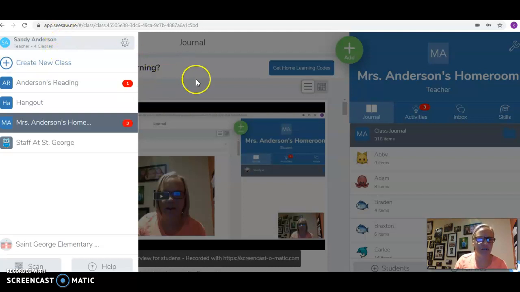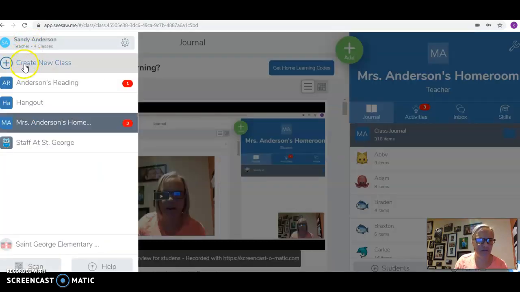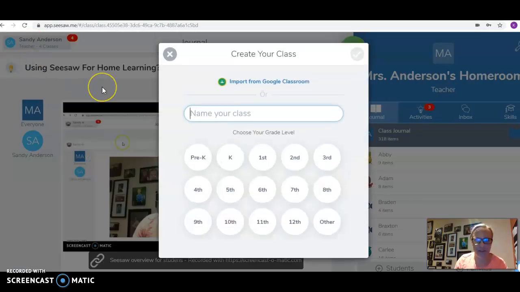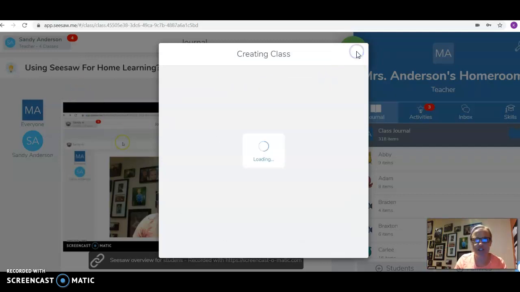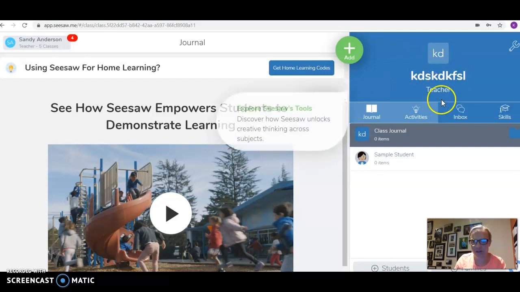All you do is you come over here to the left side of the screen, you click on your name, come down here where it says create new class. I named mine Hangout just so parents could distinguish the difference, but I'm just going to put in random things. Choose whatever grade level you want, green check mark. And then the difference is when I go into my random class over here, I come up to my wrench